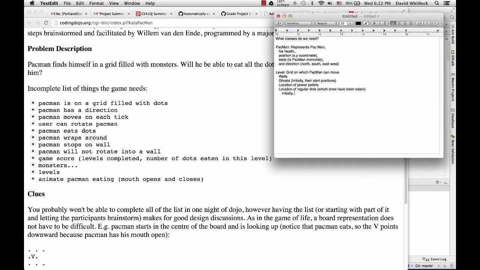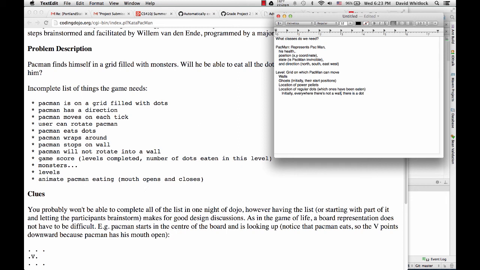Initially, everywhere there's not a wall or a... I guess everywhere's not a wall. Everywhere there's not a wall, there is a dot, a wall or a power pellet.